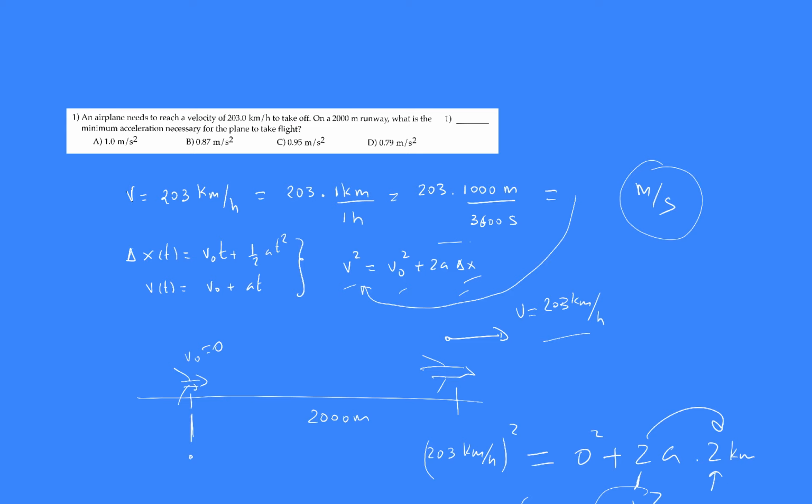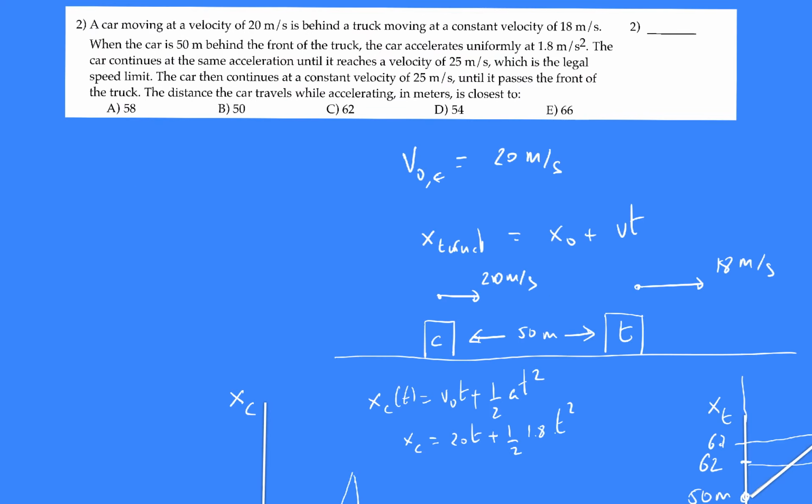It's just a manipulation. It's just practicing how to convert units. Go to the next problem. Okay, this problem is a little bit